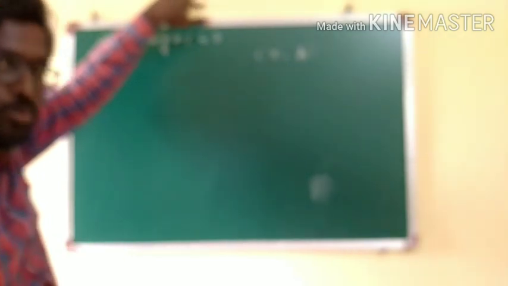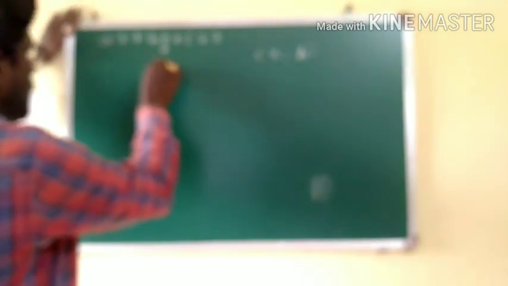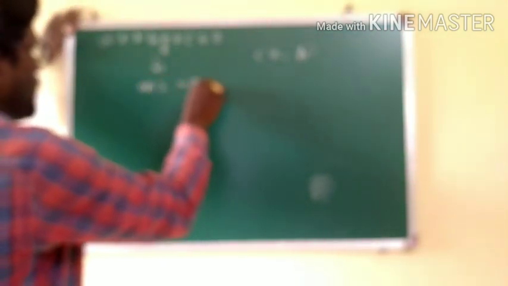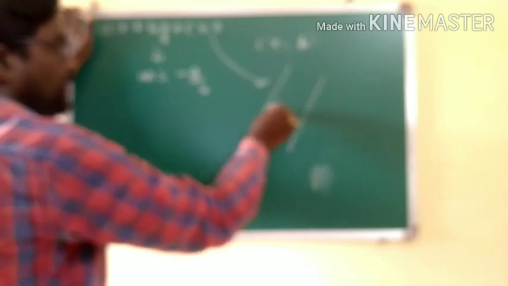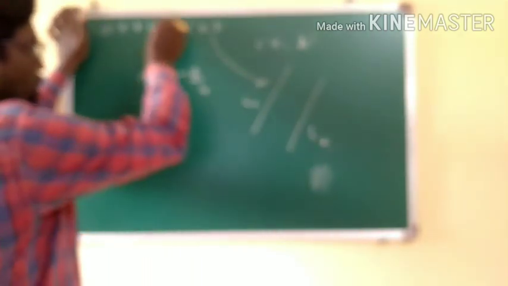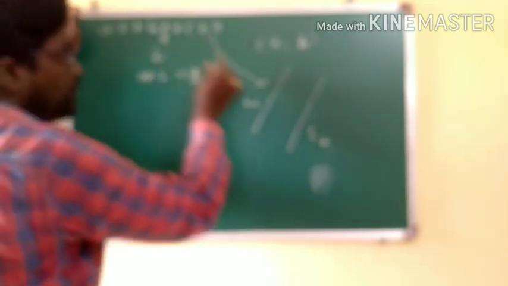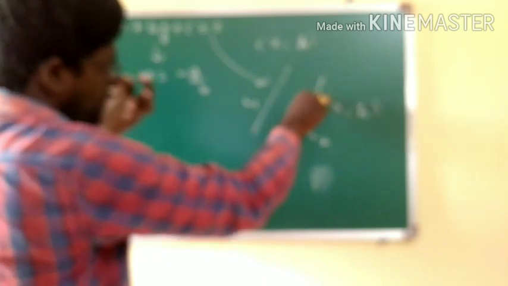What do we generally do? We know that the lines which are parallel to ax plus by plus c equal to 0 will have the same slope as this line has. What is the slope of this particular line? Slope is equal to minus a by b. Let's say this is the given line L1, and the other line L2 is parallel to L1, which is given by ax plus by plus c equal to 0, and this line is passing through the point x1 y1. This line's equation we are supposed to trace out.